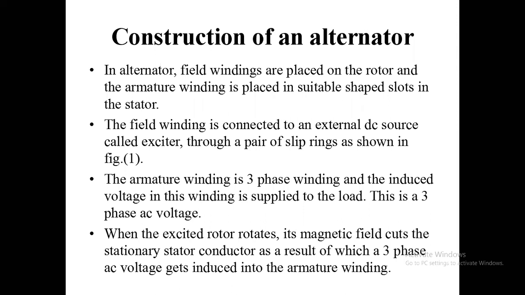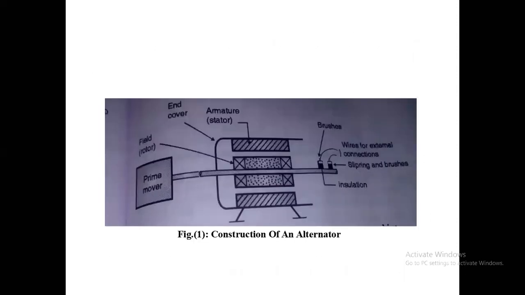Since it is a three-phase star connected winding, we are able to get a three-phase AC output on the stator windings. That is the operation going on in the alternator. Since it is an alternator, we have to provide it with mechanical input, and that mechanical input is given to the machine by the prime mover.